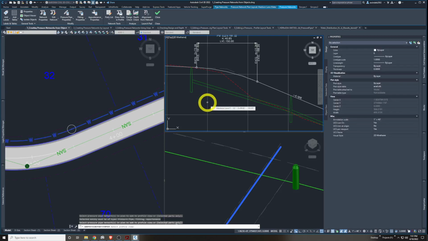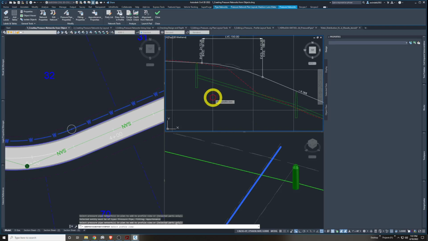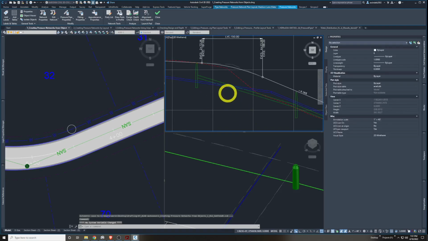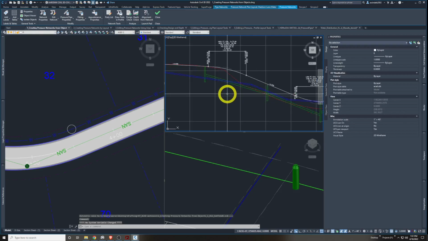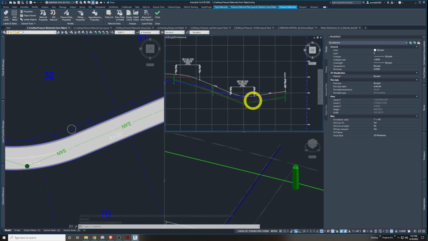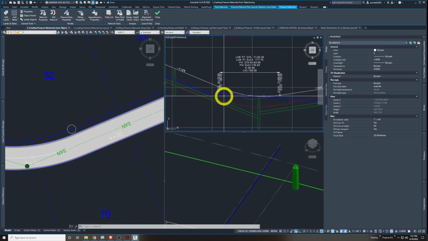I had hit enter first, my mistake. Now I'm ready to left click the profile view. And there it goes. It did the entire network. The polyline we converted to a pressure pipe, it added to the profile view,